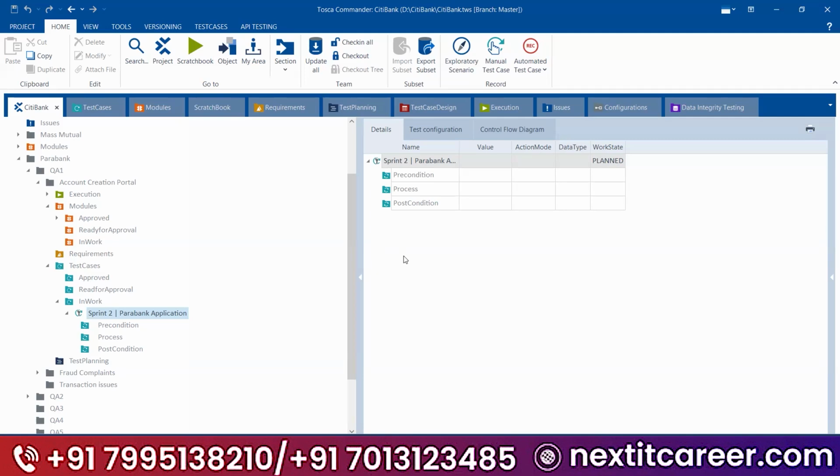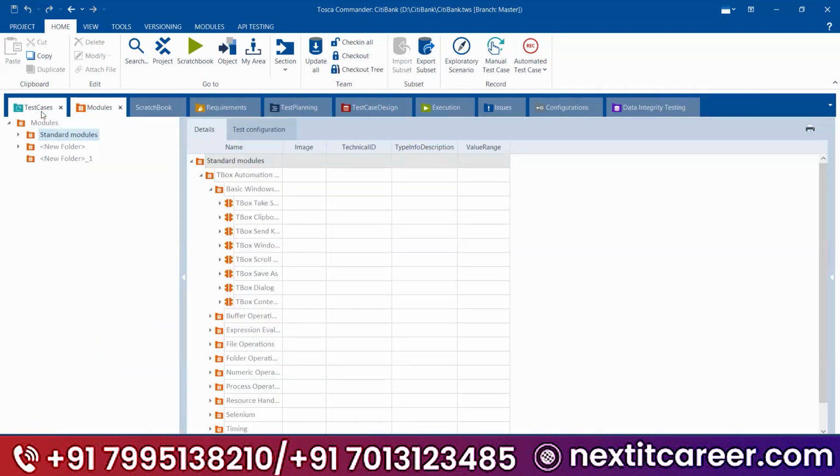Okay. So now you have come inside Tosca. Now you have understood the subparts, and you have understood what the project root folder is. Somehow, if the project, instead of clicking it, if you have closed it, don't panic, guys.